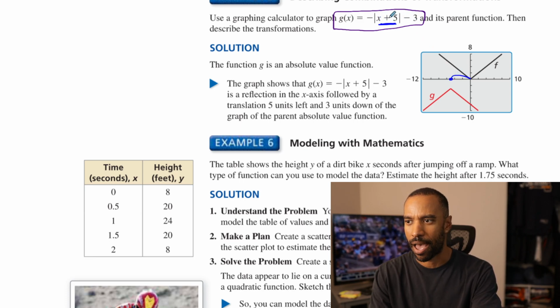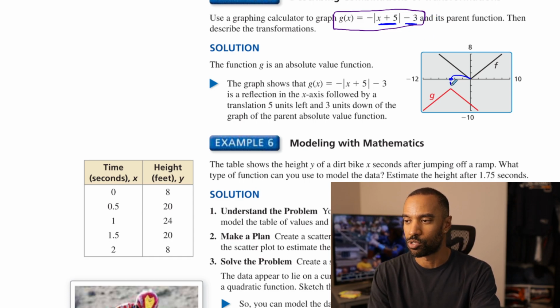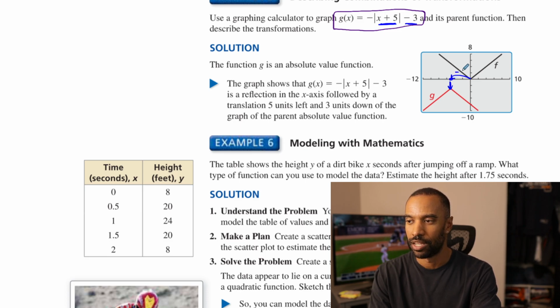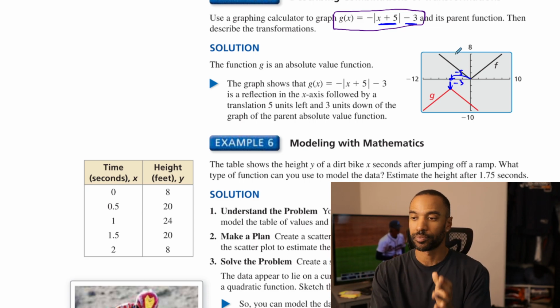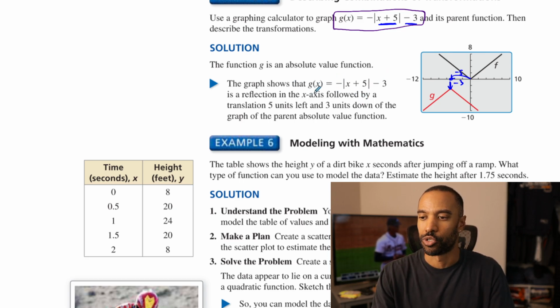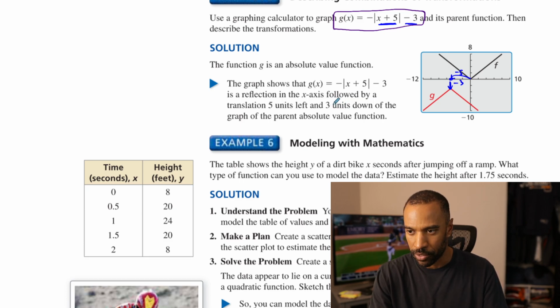It kind of sounds backwards with the plus being left, but it is. And then the minus 3 means it goes down 3. And again, if you don't know why that one's normal and the 5 is backwards, that's something we'll learn later. But 5 left and 3 down is the change in that vertex and every other point that follows after it flipped over. So 3 things happen. There's a reflection in the x-axis, a translation of 5 units left, and a translation of 3 units down